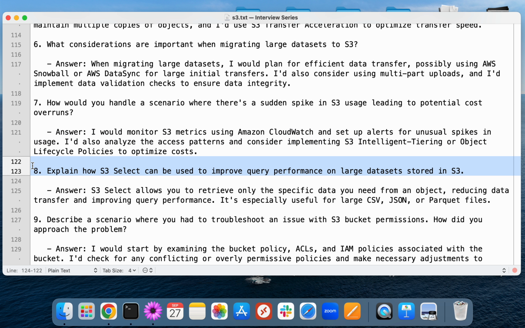And explain how S3 query performance can be improved. S3 Select allows us to retrieve specific data, and also we can use a prefix mechanism. It's recommended to organize all our data into individual folders, right? Instead of adding all data directly into the S3 bucket, you can create a prefix mechanism and improve the object name randomness. With these options, we can improve S3 performance.